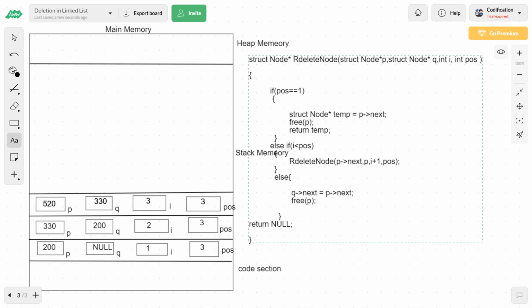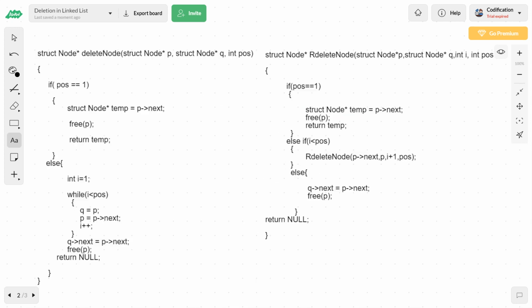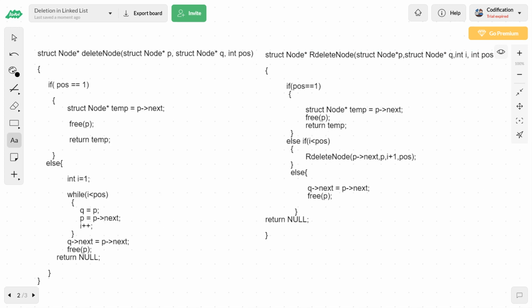So enter the else condition. In the else condition, you have a procedure. So perform this procedure. Automatically what will happen? Q of next and P of next. Whatever is in P of next will be stored in Q of next. What is in Q? What is in P? 520. What is 520 of next? 520 of next is null. So that null should be stored in Q of next. What is Q? 330. In 330 of next.